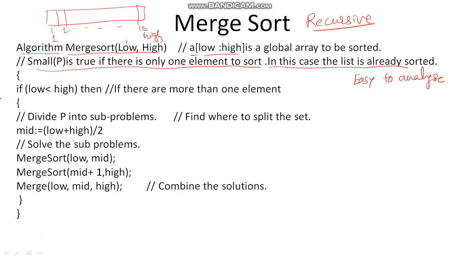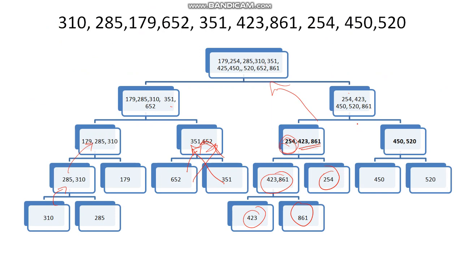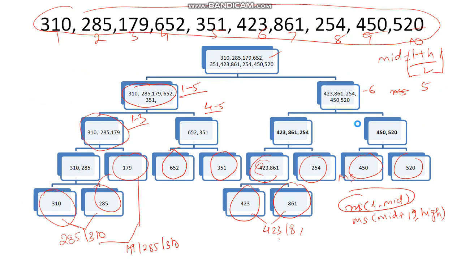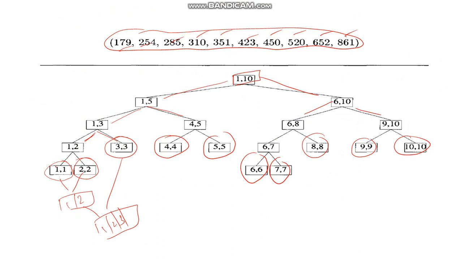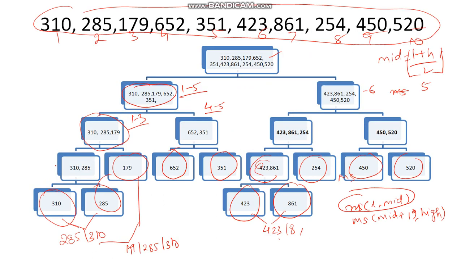Okay, so if low is equal to high, or low is less than high, let us see this one. If low is less than high, the lower index should be less than the higher index. If that happens, then and only then should we go for sorting. And if the lower index is not equal to the higher index, we can go back and check what is happening here at the index level. Here low index is 1 and high index is 1. Whenever low is equal to high, there is only one value in the array, so it is not needed to apply the sorting technique.